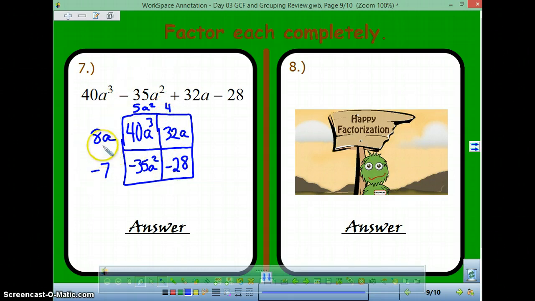So let's double check. Does 8a times 5a squared equal 40a cubed? Yes, it does. 8a times 4 is 32a, that's good. 7 times 5a squared is negative 35a squared. Negative 7 times 4 is negative 28. Works out well. So here's our answers. 8a minus 7 times